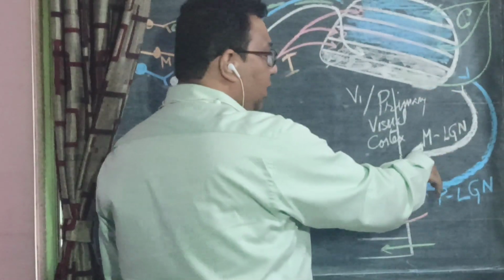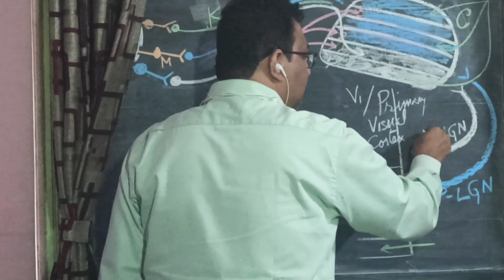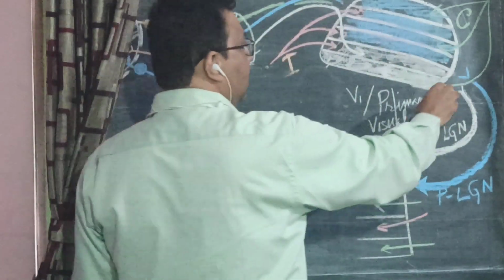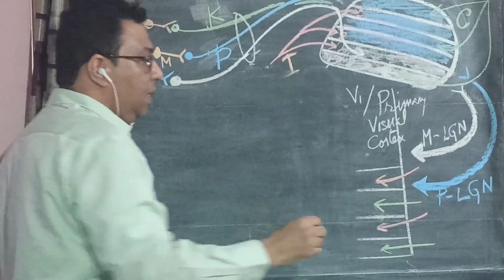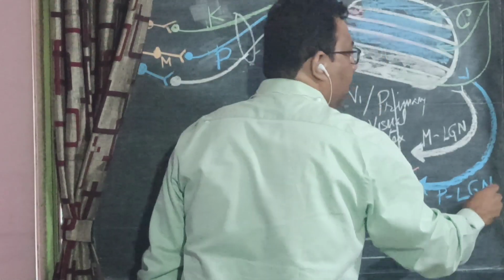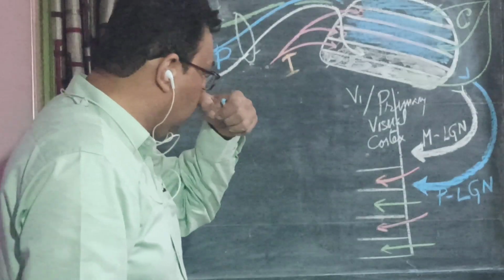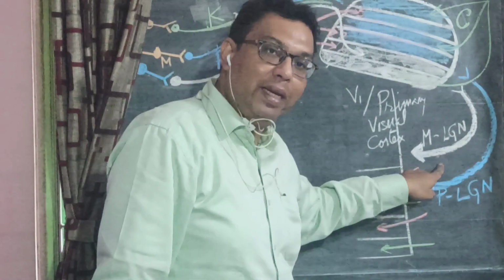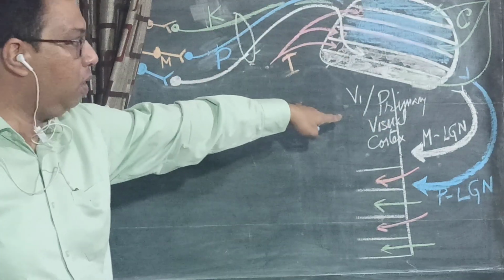So the optic radiation is also having fibers which are designated as M lateral geniculate nuclei. That is, they are a continuation of the magnacellular pathway, and P lateral geniculate nuclei pathway, which is a continuation of the parvocellular lateral geniculate nuclei or lateral parvocellular pathway. What do they carry? They carry the same information as before.